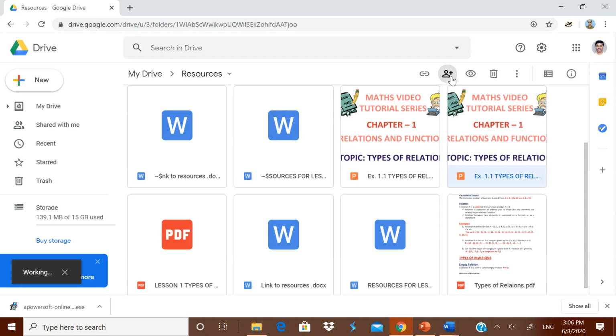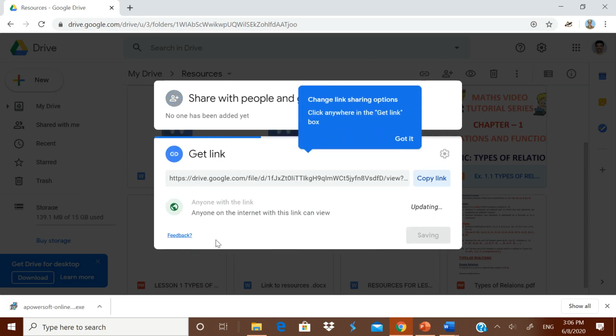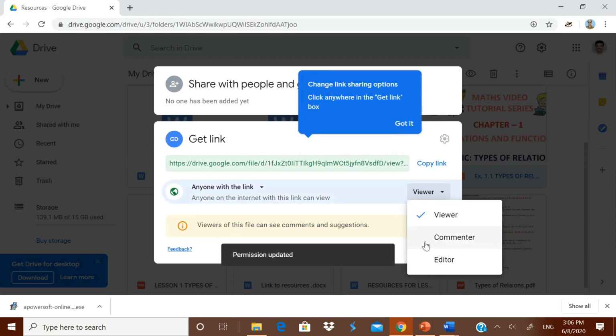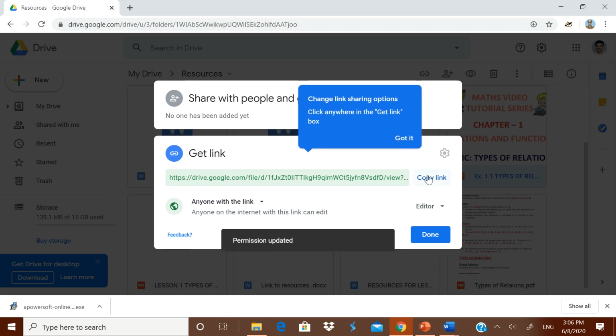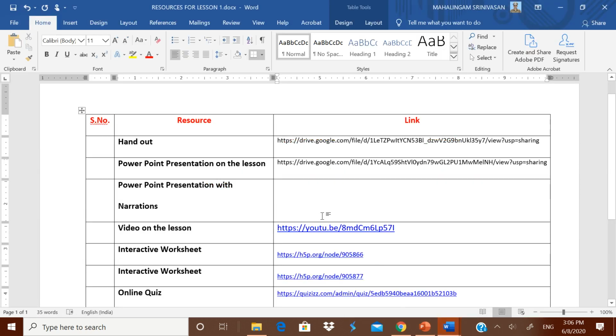If you have more than one PPT, you just give the link of all of them one after the other. Again I am converting it into editor and then copy the link and then come back to this and then paste it. Now one more idea, suppose if you want to give the PowerPoint presentation, you can make the PowerPoint presentation as read only. That is, don't give password for opening. You can give the password to modify, automatically it will become read only.